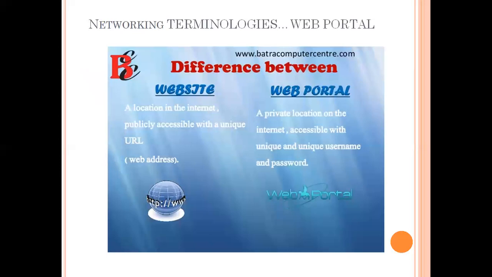Now many of you are confused between what is website and what is web portal. So website means a location on the internet. For example, if I go to the Ashoka website, where is it going to take me? It will take me directly to the location where Ashoka's information is. So a website means a location on the internet which is accessible to everyone. Like amazon.com, if I type www.amazon.com in Google, it will take me directly to the location where I can find Amazon. And it is publicly accessible to everyone, so that is a website.